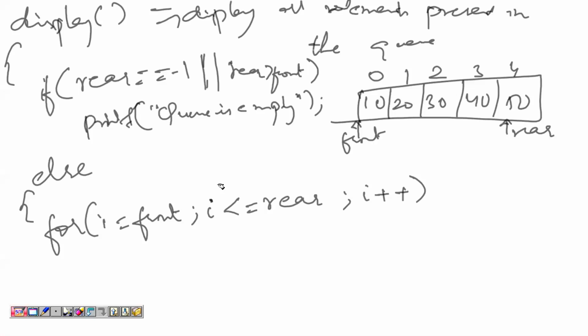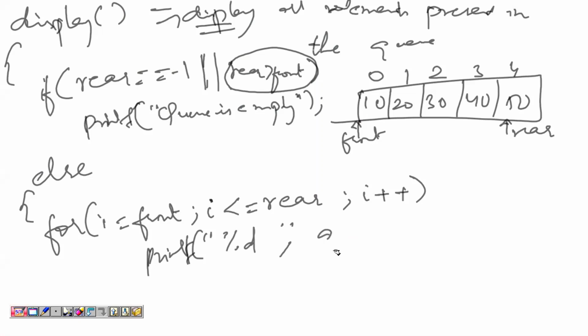I told you, for displaying all the elements, first of all, you need to check for the underflow condition. That is rear equals -1 or rear is greater than front. Okay, then Q is empty, and you'll print that. For displaying all the elements, front is pointing to the first position and rear is pointing to the size -1 position. Okay. Now here I'm taking a for loop with variable i, where i equals front, i less than or equals rear, i plus plus. I can just write printf %d, Q of i. Okay, like this I'll get all the elements.